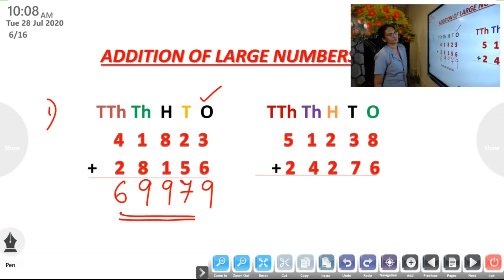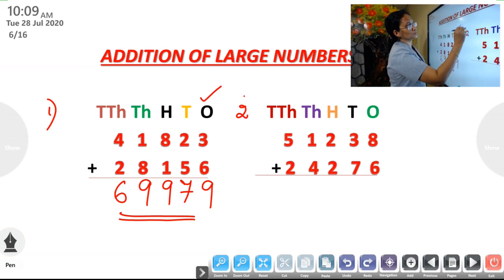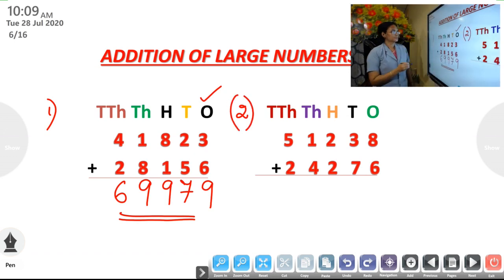What is the answer? 6 plus 3 is 9, 5 plus 2 is 7, 8 plus 1 is 9, again 8 plus 1 is 9, 4 plus 2 is 6. So answer is 69,979. Okay. Now look at the next question, question number 2. Again, some 2 5-digit numbers are there. 51,238 plus